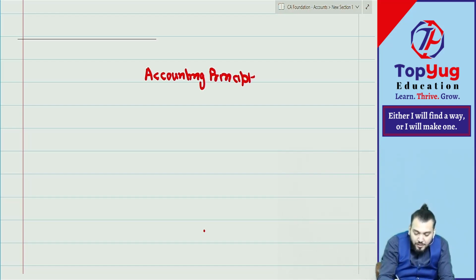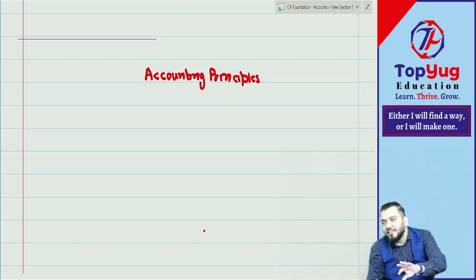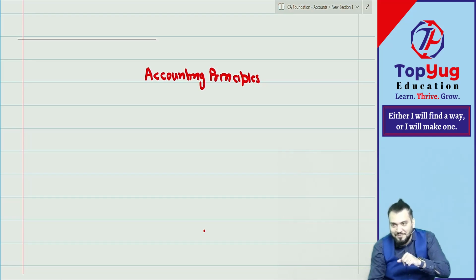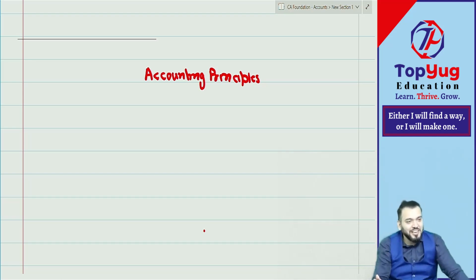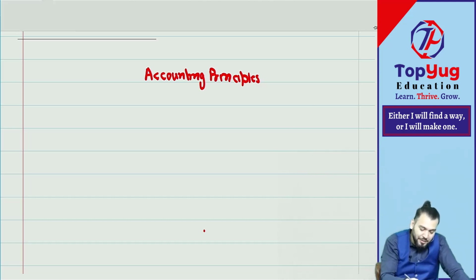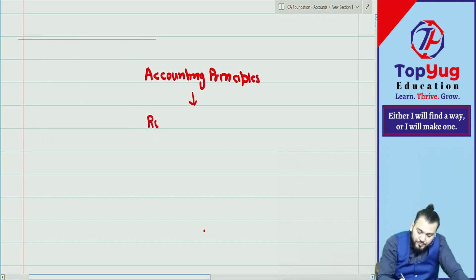We call it what? Accounting principle. Correct? If you forgot, I will remind you: whatever I write in good handwriting, you need to write down. Understood? If you forgot, then once again I am informing you. Start writing: accounting principle. Accounting principle means rules